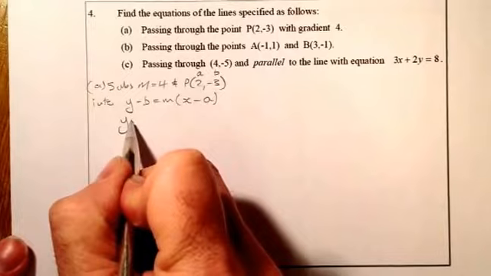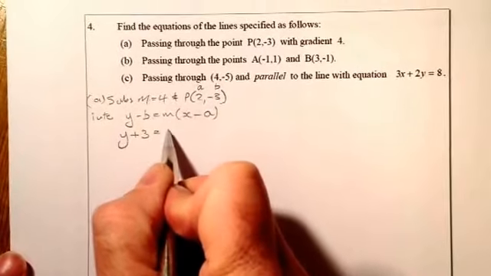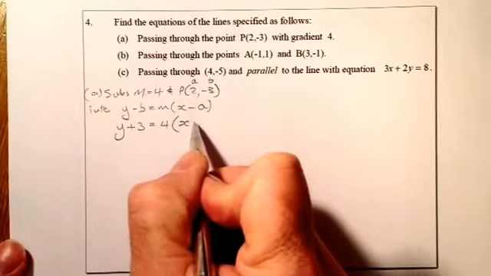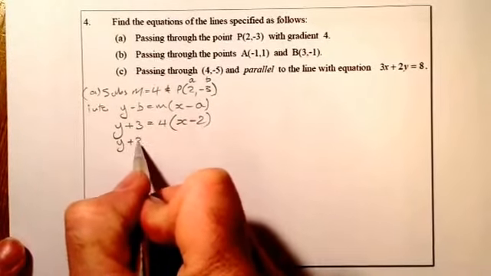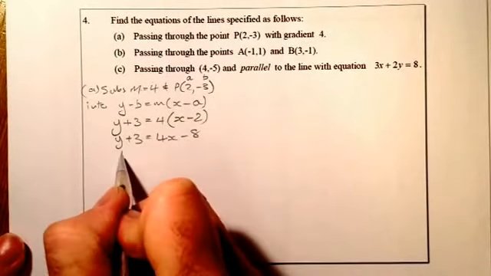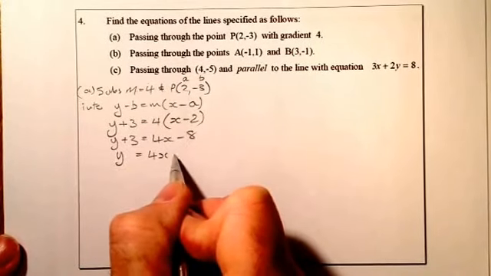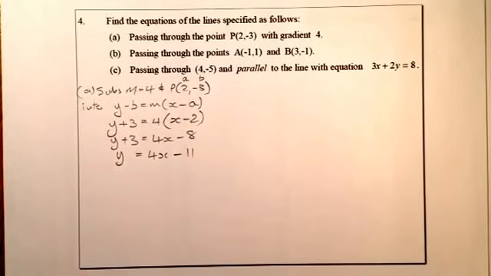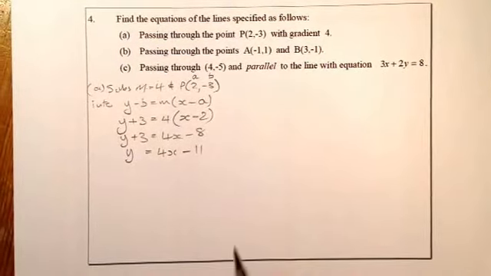So y minus negative 3 will make a plus 3. I've got 4 for m, for the gradient, and for a, I've got 2. What I'll do is I'll multiply out the right hand side, so that's going to be 4x minus 8, and what we have here is y is equal to 4x, bringing that 3 across will give me minus 11. So that's going to be y is equal to 4x minus 11. For part B,